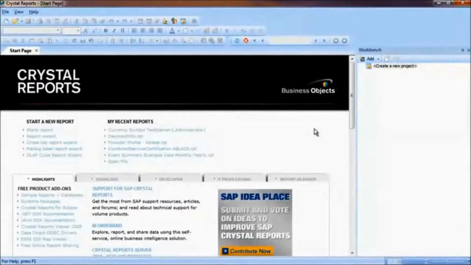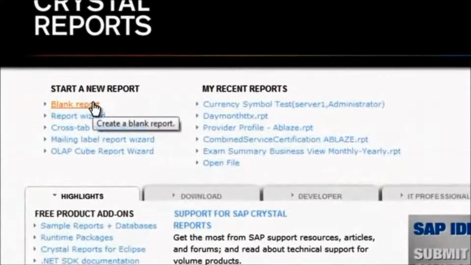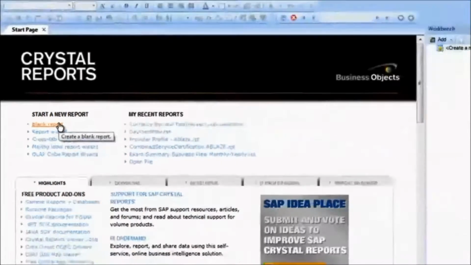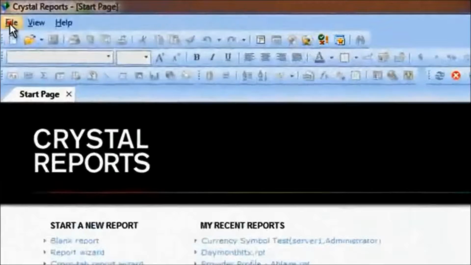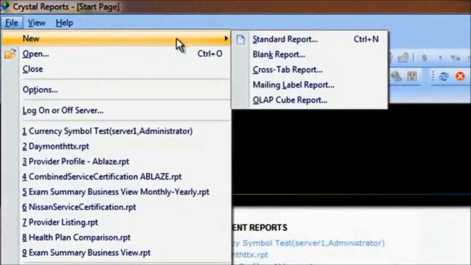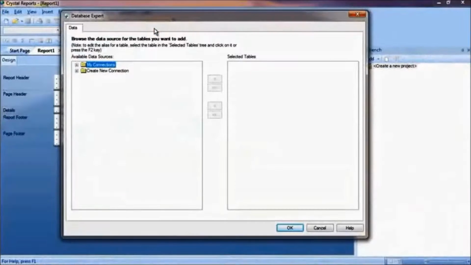When you first start SAP Crystal Reports 2008, you'll notice the Blank Report option under the Start a New Report section. Just click it to start a blank report. You can also choose Blank Report from the File New pull-down menu. While you may notice the Design tab in the background, the first screen that requires your attention is the Database